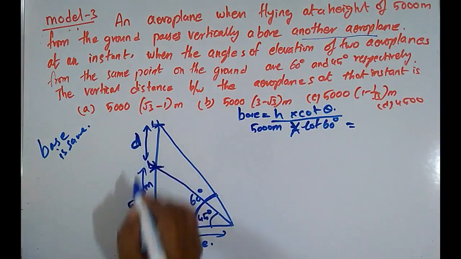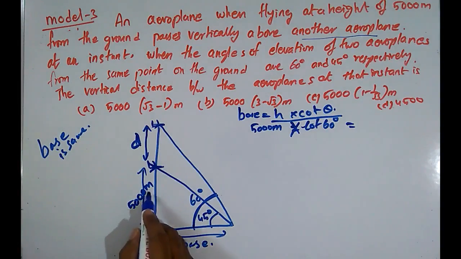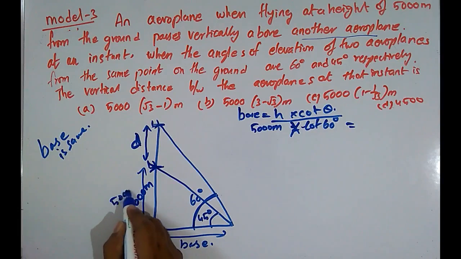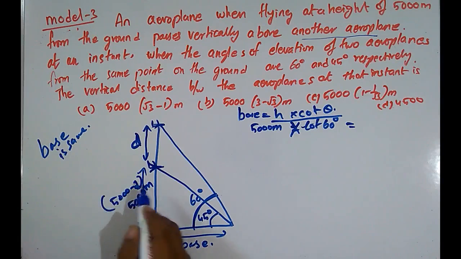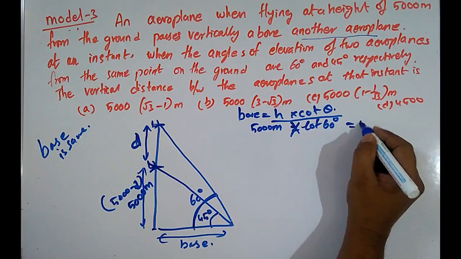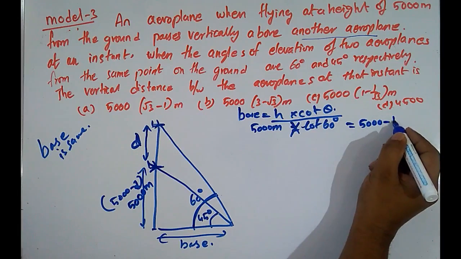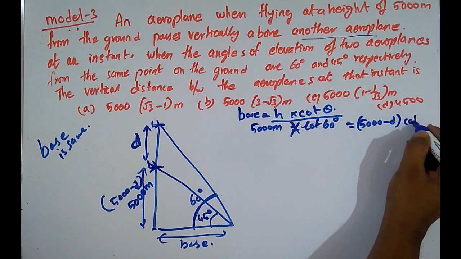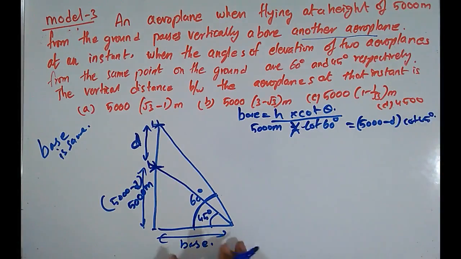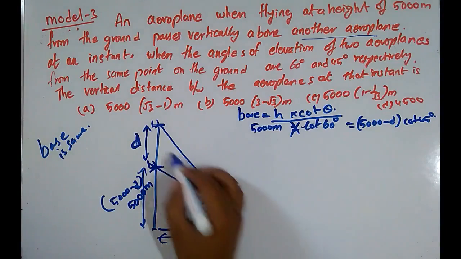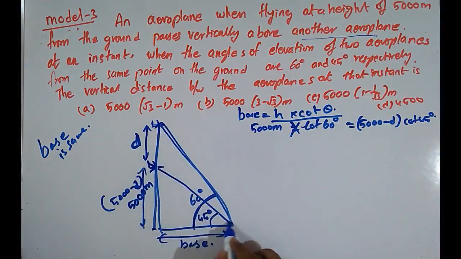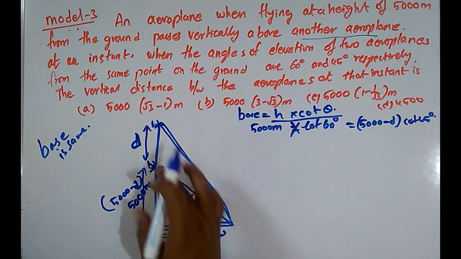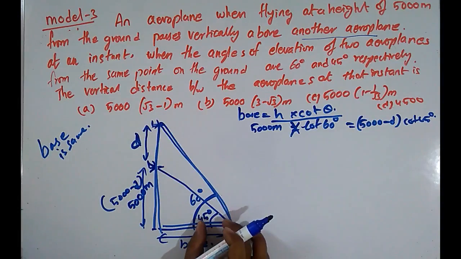Suppose the difference is d, and this becomes 5000 minus d. Am I right? 5000 minus d into cot 45 degrees, because the base is same. If we have taken the bigger triangle and found the base, that is 5000 meters into cot 60